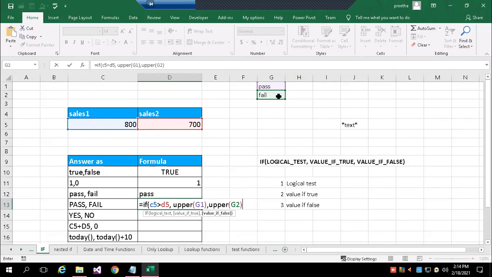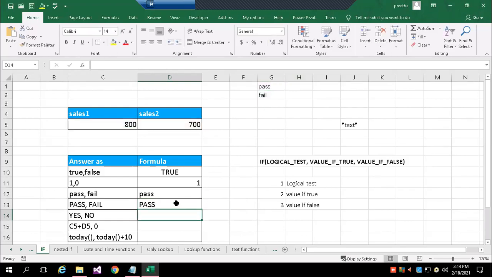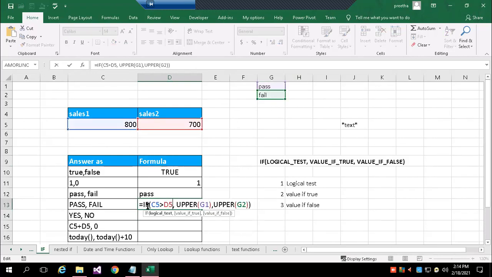Now you can see it has written PASS. So you can go through the formula: IF C5 greater than D5, comma, UPPER of G1, else UPPER of G2, and ending with the IF parenthesis. How many parentheses did we open?